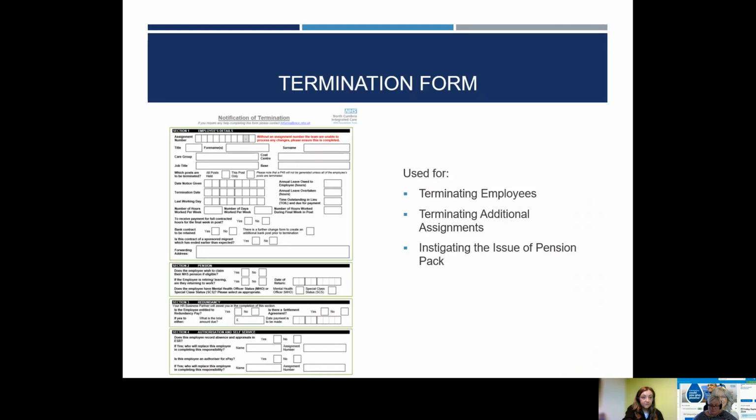Then we have a termination form. So a termination form should be used for employees who are leaving the trust, the termination of any additional assignments that are no longer required, or for instigating the issue of a pension pack. It is important that the termination form is completed and sent to the HR Forms team for processing as soon as you are notified, and where possible prior to the employee leaving the trust, to ensure that no overpayments are